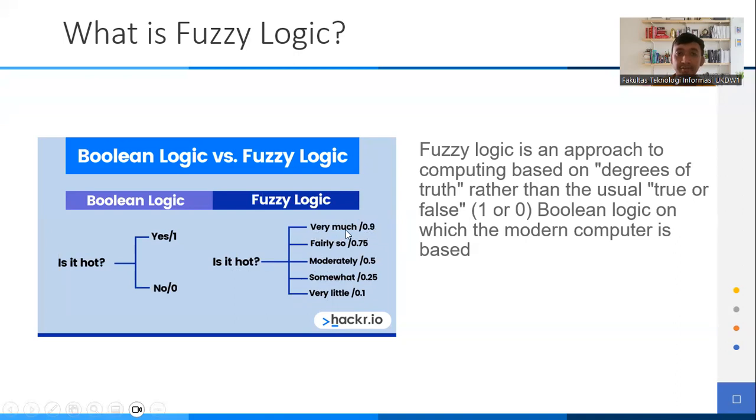This is for the very much. The condition of hot is very much, and the value is 0.9.